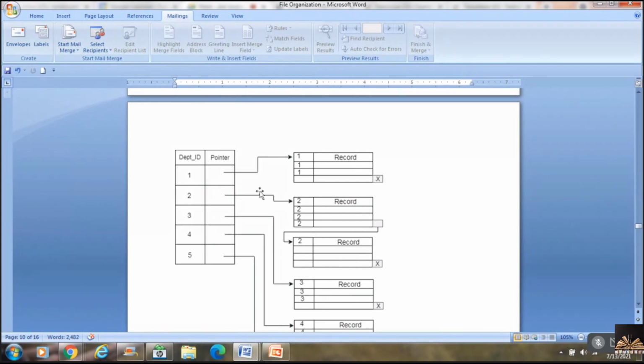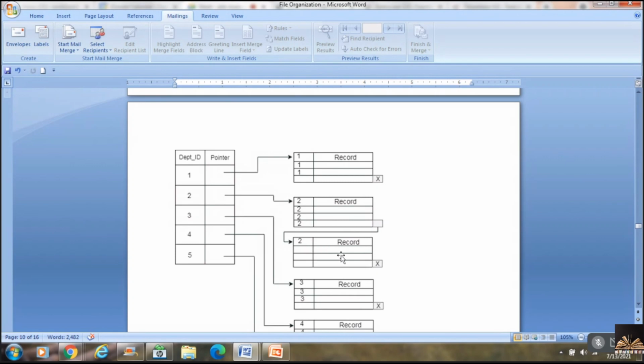Now here 2 is pointing to what? There are 4 records here, and maybe I have a 5th person or a 6th person. This block is full, so I connect one more block to it. This gives me a combination so that I can store the data.